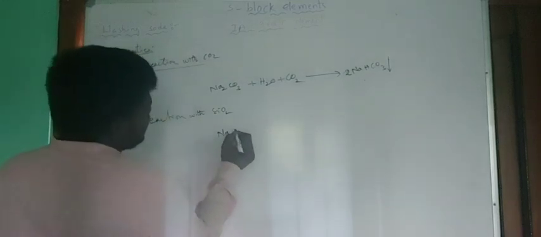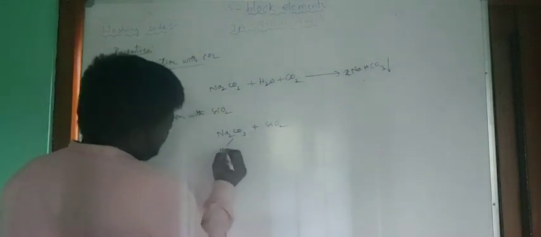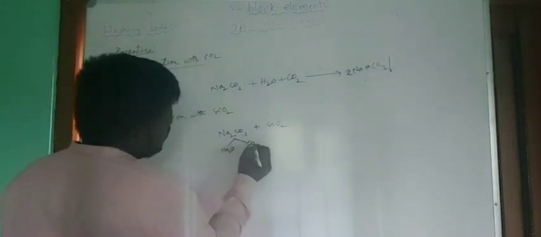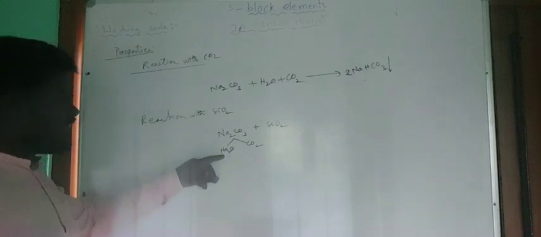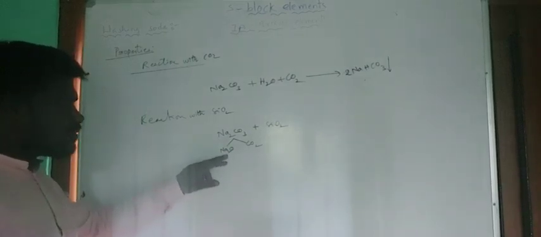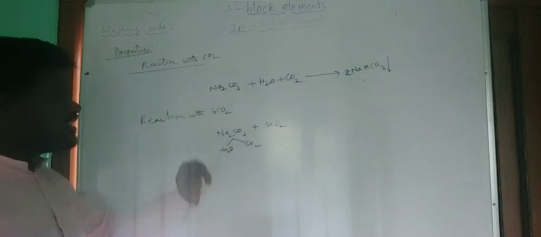And the next one, reaction with silica, SiO2. So now let us see what happens. Na2CO3 when you treat with SiO2. So write guys, to understand easily, let me write this in one line, Na2O and the next one CO2. To get this reaction easily, I divided this molecule as Na2O and CO2. And you know guys, this part is basic in nature and this one is acidic in nature. And this is the non-metal oxide. Non-metal oxides are generally acidic in nature, while metal oxides are basic in nature.